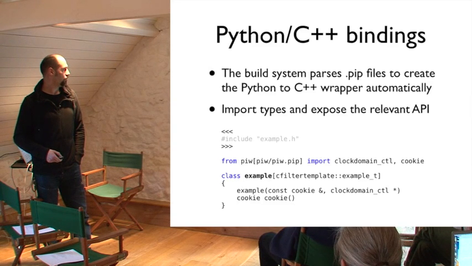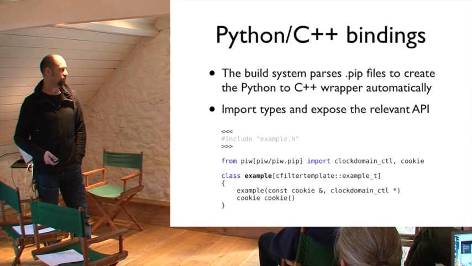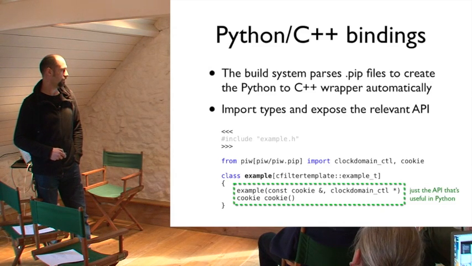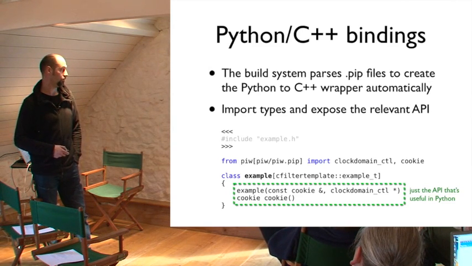And this is how you set up the pip file. So the build system parses these pip files and creates this Python to C++ wrapper. This is the example that you'll find in the template. You can see that it's quite simple. The only thing that is important really here is that you only have to export the APIs that are meaningful to the Python world. If there might be some methods in the header file that are used by other C++ classes, and you don't want them to be available in Python, then you just don't declare them here. And for the rest, these